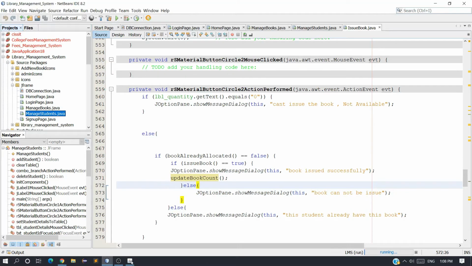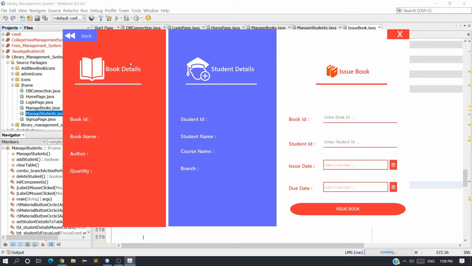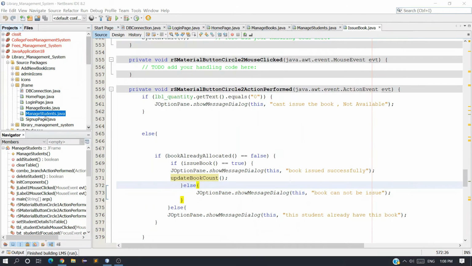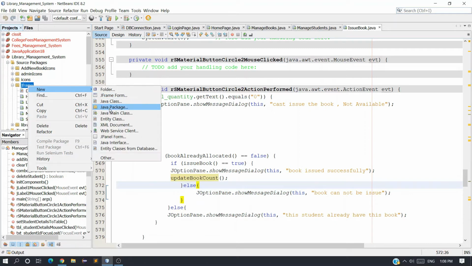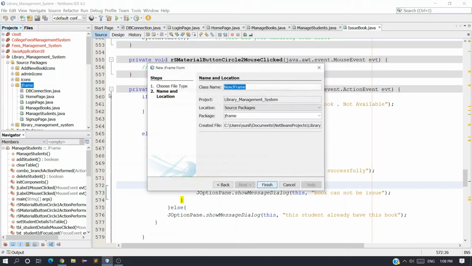So let's start this video, and we are going to create this one, which is issue book. So just cancel it, and this is our project, library management system. In the frame folder we have to create a new JFrame form. Name it issue book, and finish.